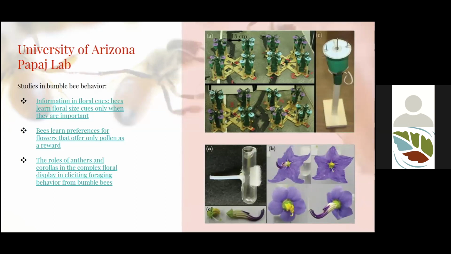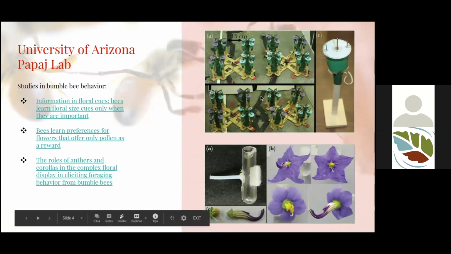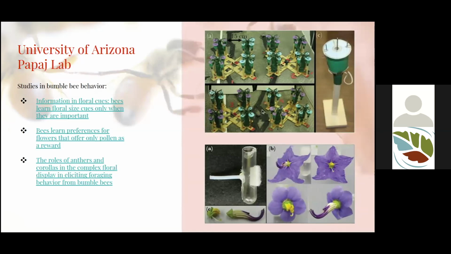I'm not going to dive too much into the studies, but these are just some bullet points of the findings that we had, and the flowers that we were working with are here. You may notice that these are robotic flowers, but we were really focusing on the size and color and scent. That way we were able to eliminate all other variables in determining how the bees were reacting to them. If anyone's interested in diving a little bit deeper, reading some of the articles that I was part of, they're all linked out here in this presentation.